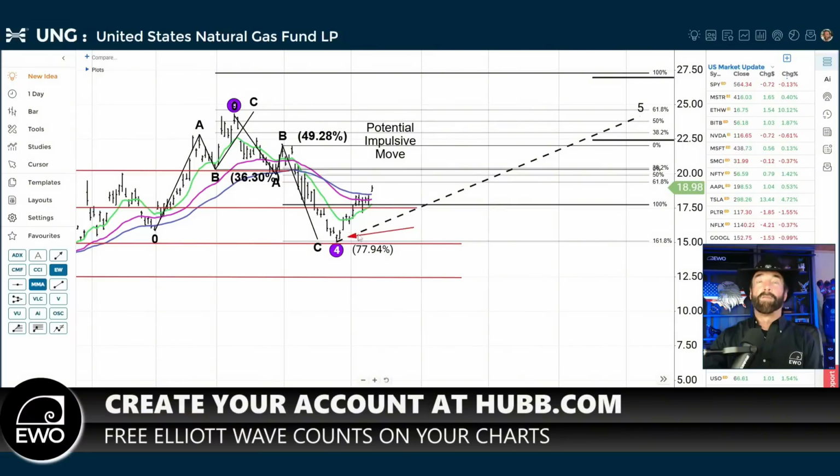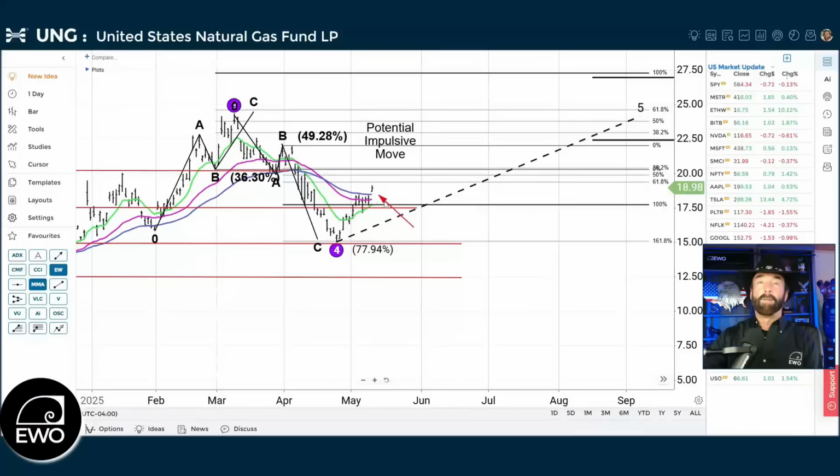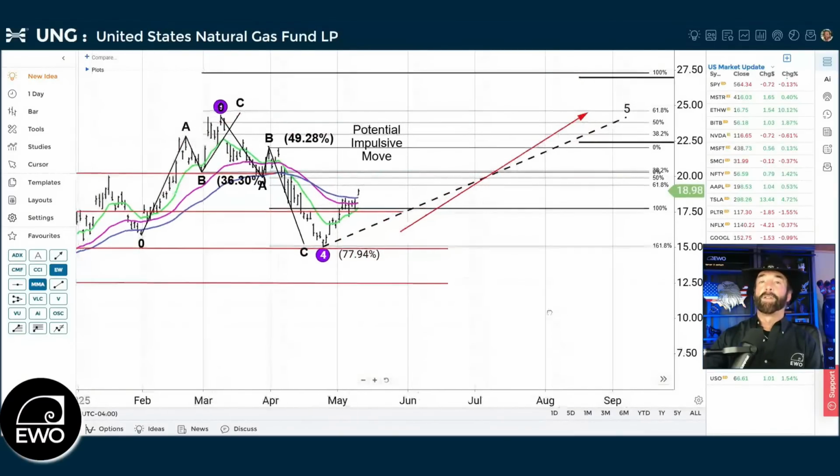You can see this wave 4 here going back to the chart of the UNG right here around that 78.6% level. We did break above the 50-day moving average today, so maybe we're back in running here. And I think that's an area to think about as far as the equities markets in general, because what had happened is that we had this big run up in UNG. You all know the story if you've been watching these for the last several months, is that all of these companies that are going to be building data centers, they're going to be run on natural gas. We didn't know how much natural gas was going to be used or how long it would take for them